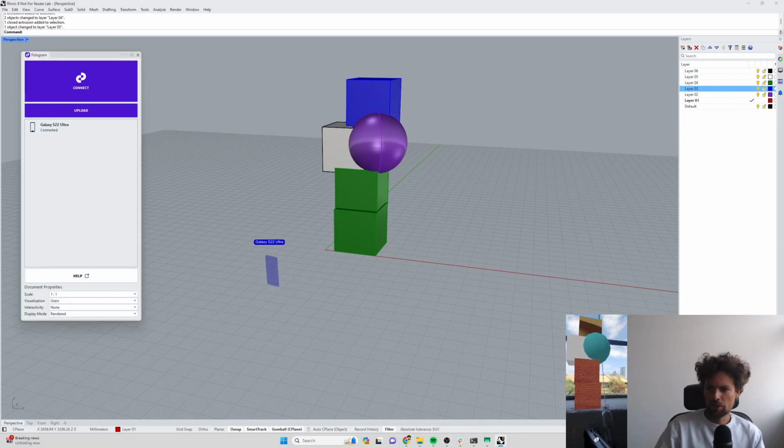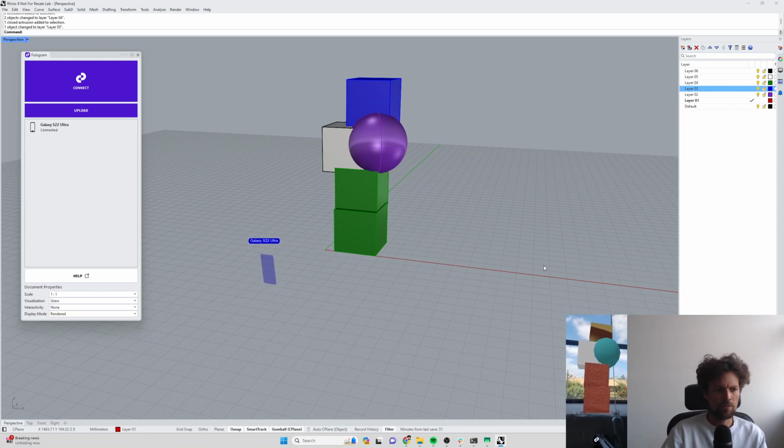In this tutorial we're going to go through the different visualization and display modes in Fologram, talk a little bit about the use cases for each, how to override those if we need to, and just generally help you understand the differences between them. So I've got the model that we set up for the interaction demo a few minutes ago,